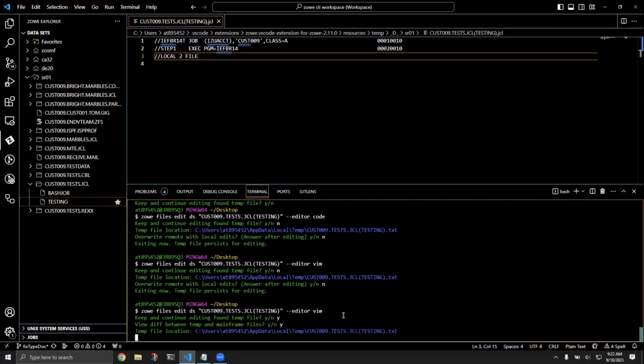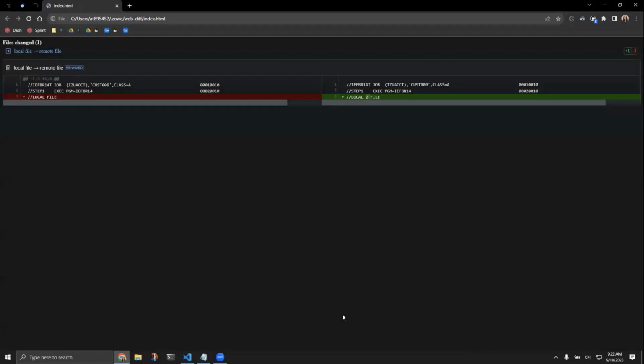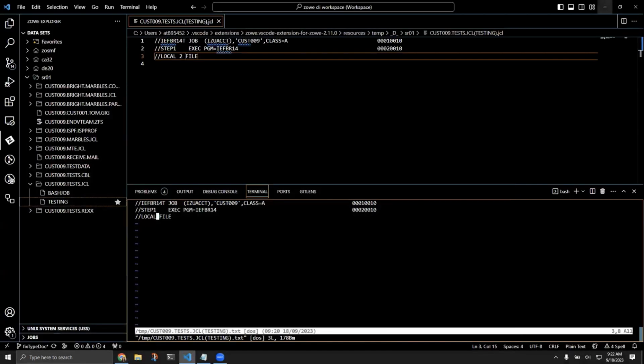So by entering yes, you'll see that somebody else actually put 2 here so that my local version deviates from what I thought previously existed. And now that I see that, if I decide to overwrite with local file,